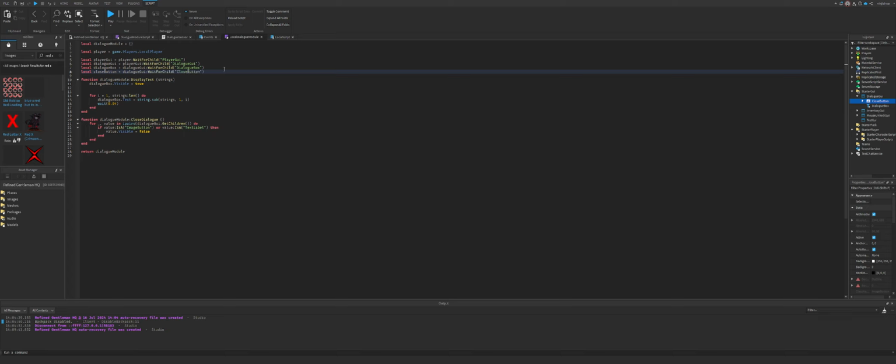And in here we do local button is equal to script.parent. Then we do button dot activated connect function. We don't need to get anything. We just have to do, oh, what we do have to do, however,